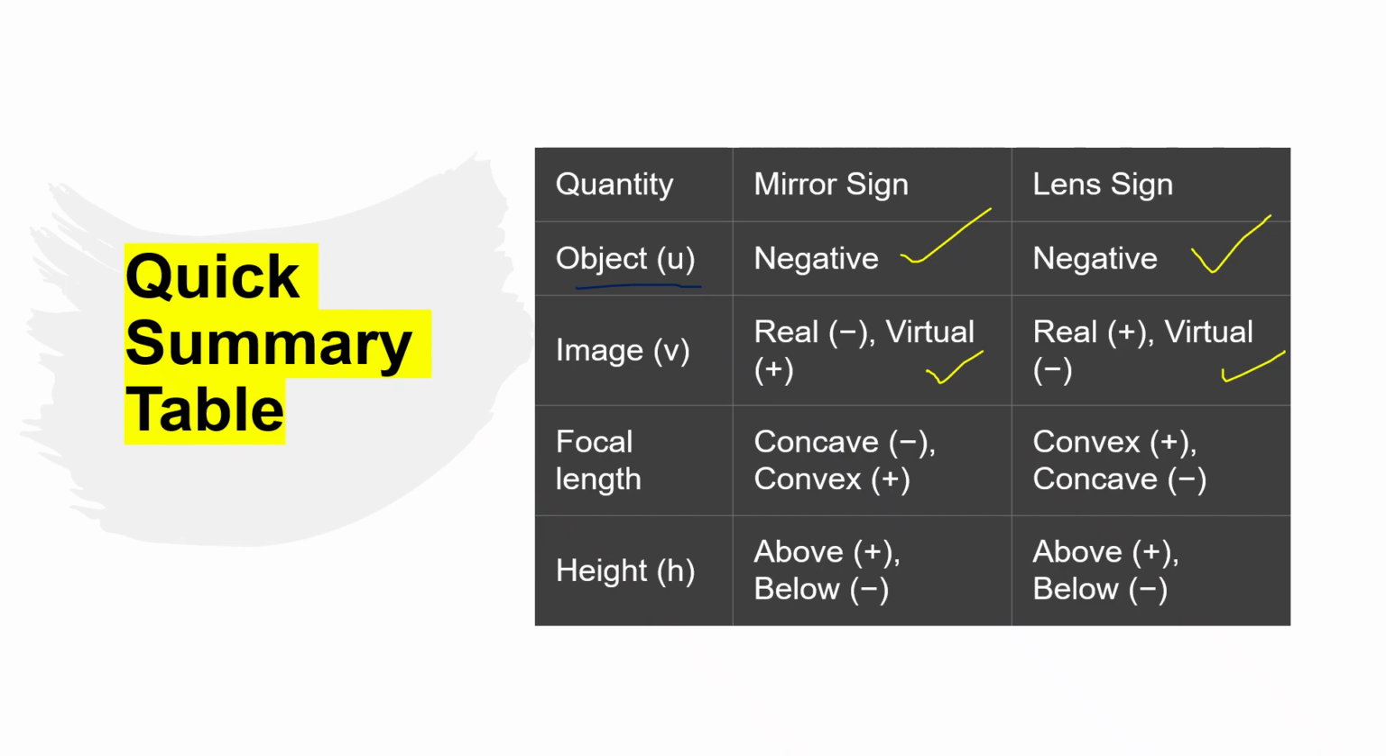For focal length, for mirror sign, concave is minus, convex is plus. For lens sign, convex is plus, concave is minus. For height, if it is above, it is above, okay? So it is plus for mirror, and if it is below the axis, it is minus. For lens, if it is above the axis, it is plus, and if it is below, it is minus. So this is very, very, very important, and I'm sure the summary and the questions what you have done will